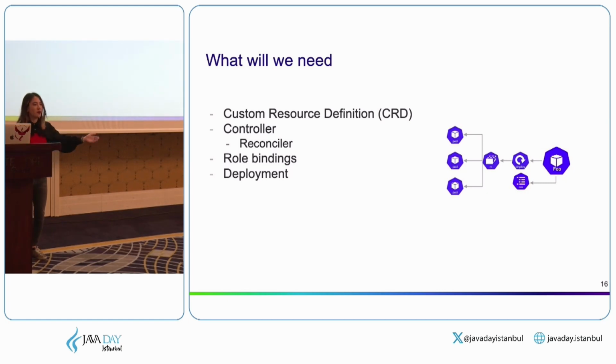Kubernetes already knows what a deployment is. It knows what a replica set is. It does not currently know what this thing called a foo is, or whatever you might have as your own one. So then we also need a controller, since we've been talking about this for a little bit now. There's also the reconciler, which is where the majority of the logic that is going to actually create the things that we saw